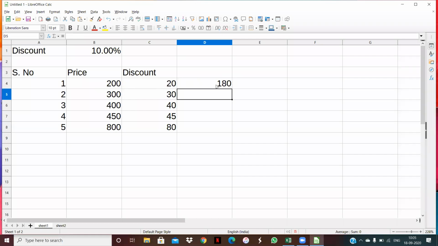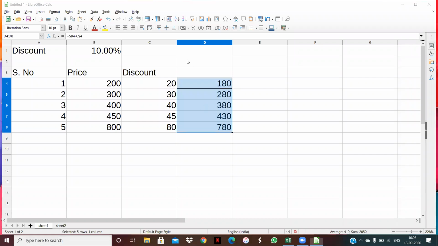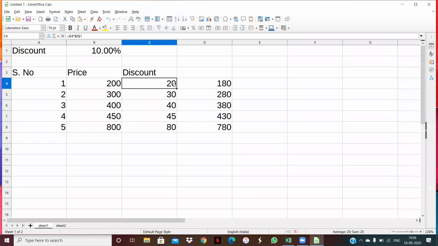200 minus 20, 180, and now I am going to drag this for the rest of the values. Then what it will do is, these values remain variable and this value becomes fixed. 200 minus 20, 180, 300 minus 20, 280, 400 minus 20, 380, 450 minus 20, 430, and 800 minus 20, 780.